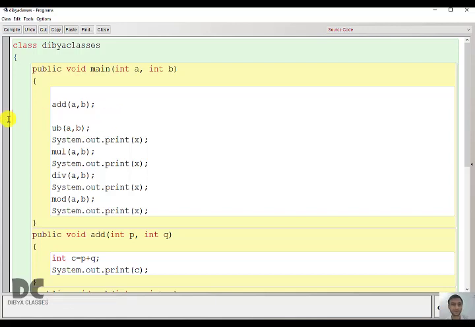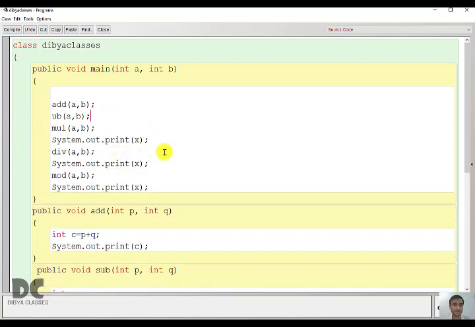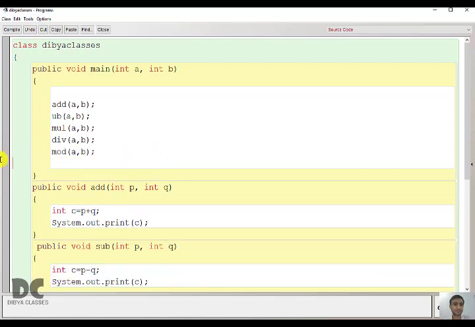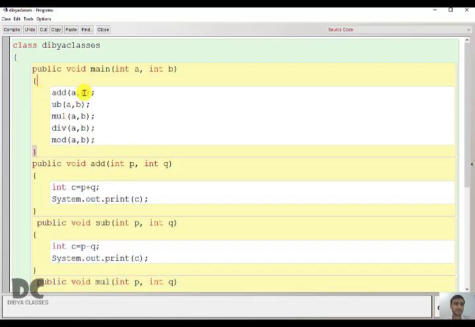And there will be no print statement also. Why? Because the client has already got his answer. Here the CEO will not be able to tell any answer, because these employees are not telling him. They are telling the client. They are not returning anything to the CEO. So what will print here? Here you will only call and give the value. So this is call by value. You are calling and giving the values, and there is no return. So this is an example of call by value, no return.